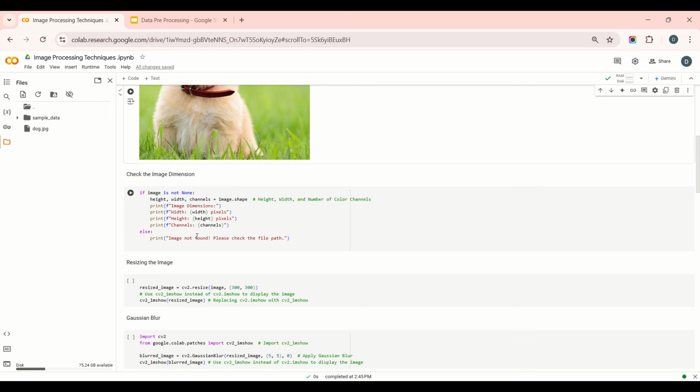When I define the width, width defines the columns, right? Height defines the rows, and channel is basically the colors, right? Channel refers over here to the specific component of the image that represents one of the color or intensity values for each pixel,